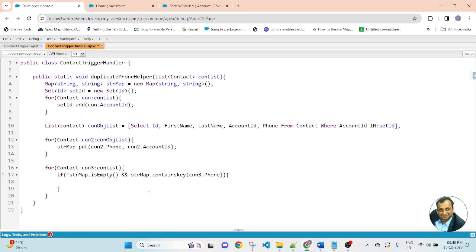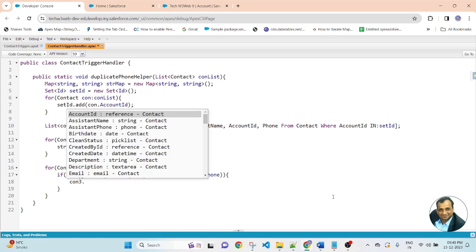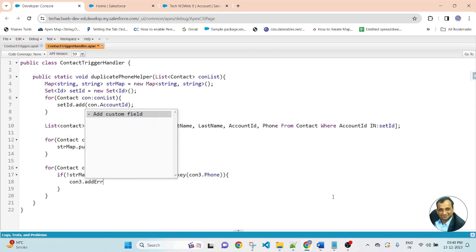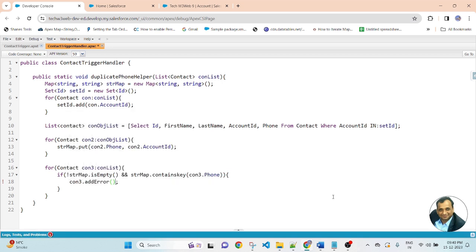Then here we will display the error message: phone3 dot addError.